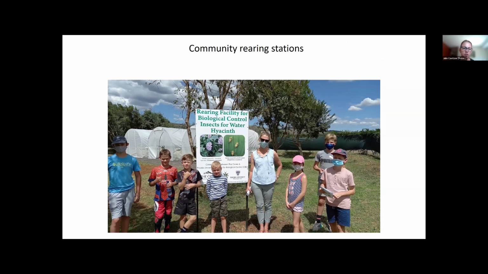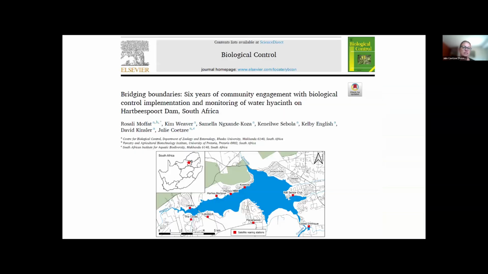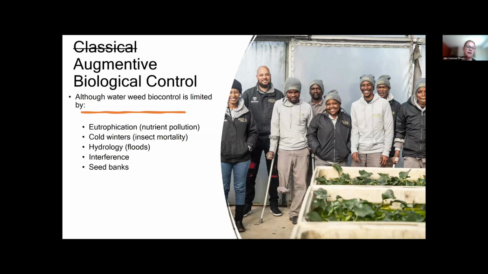We set up a number of these smaller rearing stations around the dam and showed that 6 years of community engagement with biocontrol implementation has resulted in the effective seasonal control of water hyacinth on Hartebeespoort Dam. And so, although waterweed biocontrol is limited by all these things, by eutrophication, I didn't talk about cold winters, but